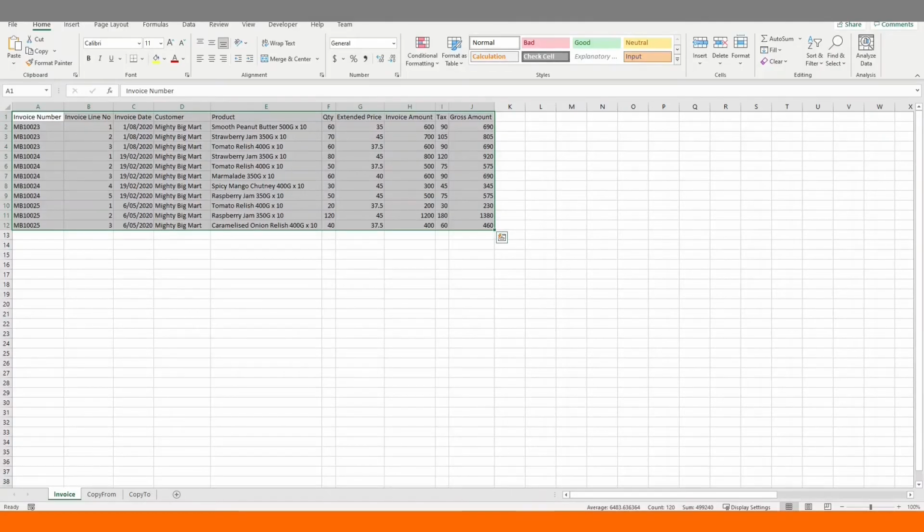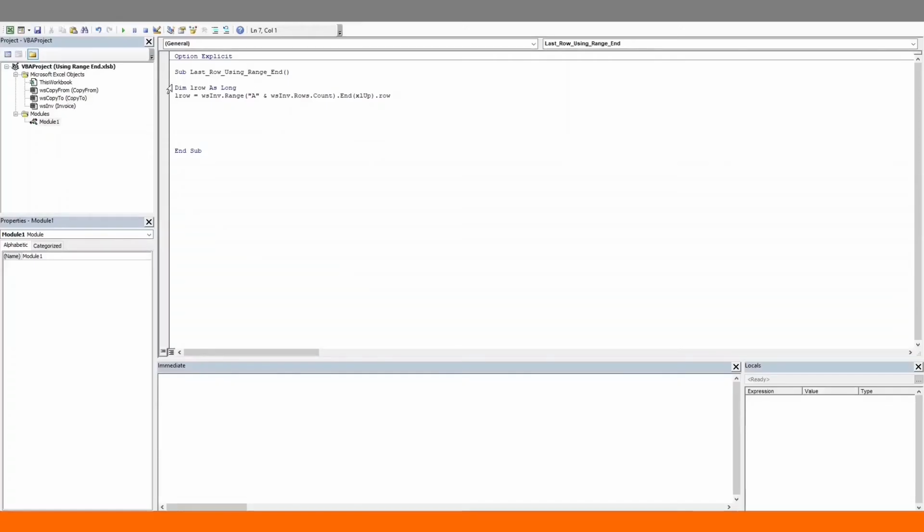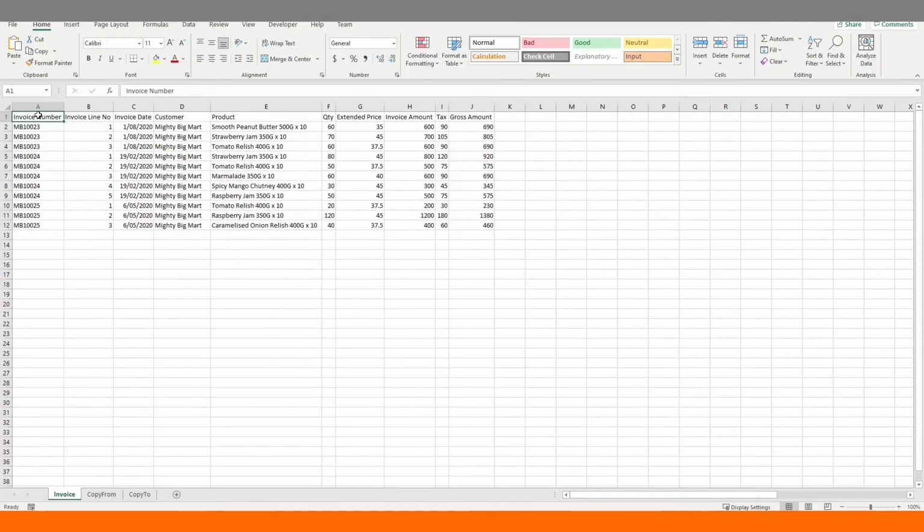Let's identify the full data range and select it. So first, we'll find the last row in column A. Our data range sits between column A and column J. To select this data range in VBA, we'll start from the first cell, that is the cell on the top left corner, which in our case is cell A1. And to find the last cell, we will look in column J and use a last row variable to come to the last cell.